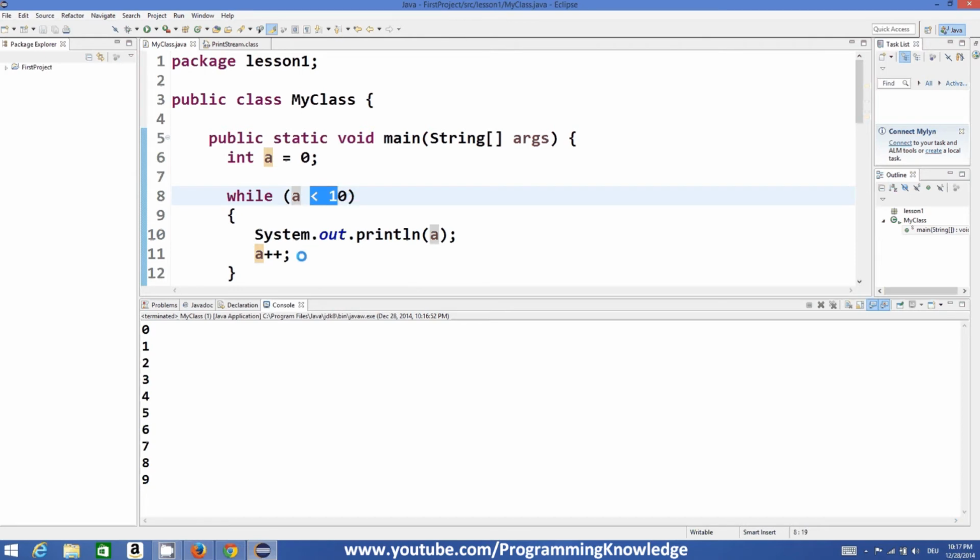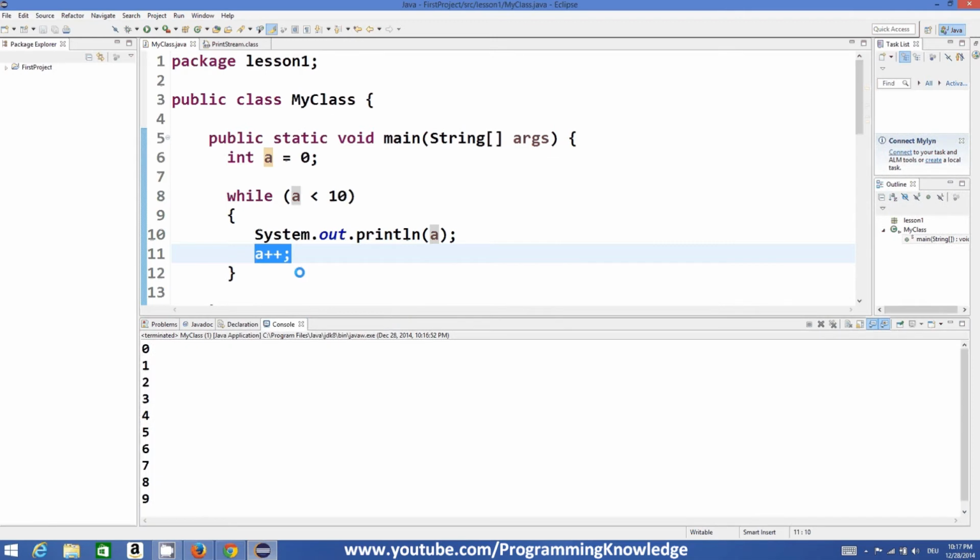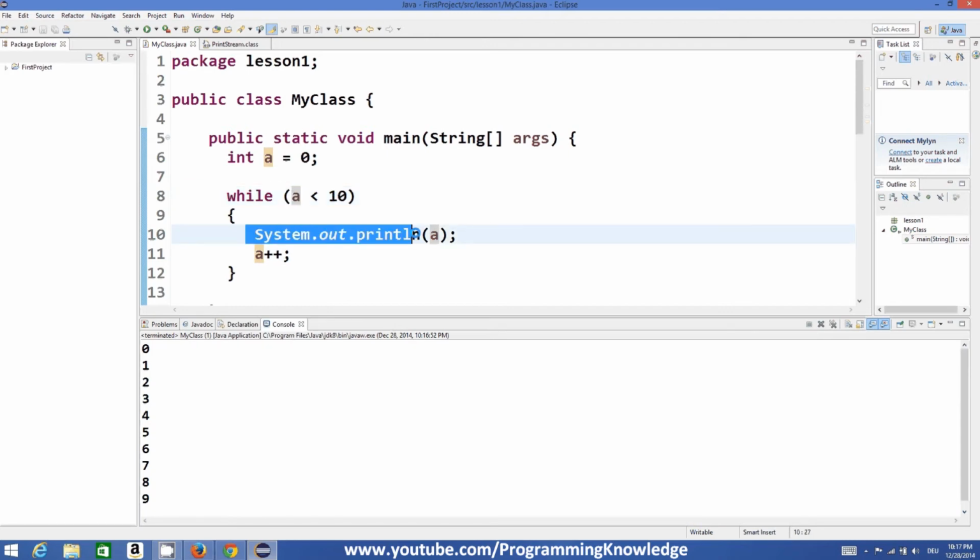Then it increased the value of a by 1, and now a became 1. Then it goes here once again, and 1 is less than 10, so it prints 1, and it executes the same statements again and again, increasing the value of a until the value of a becomes 10.